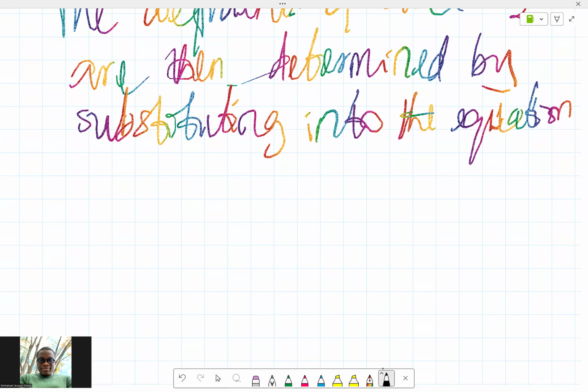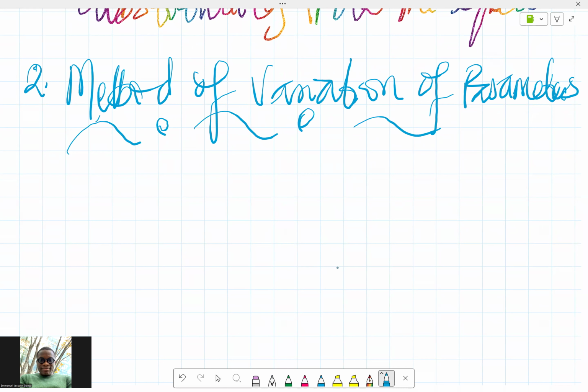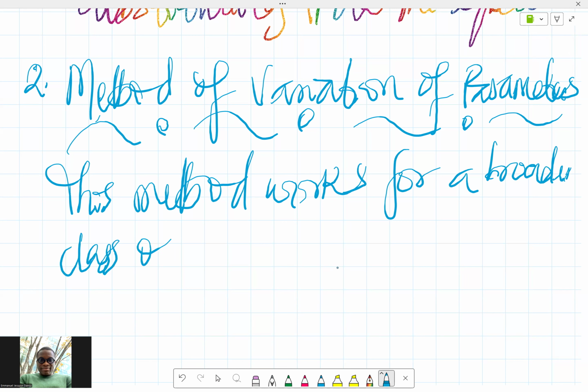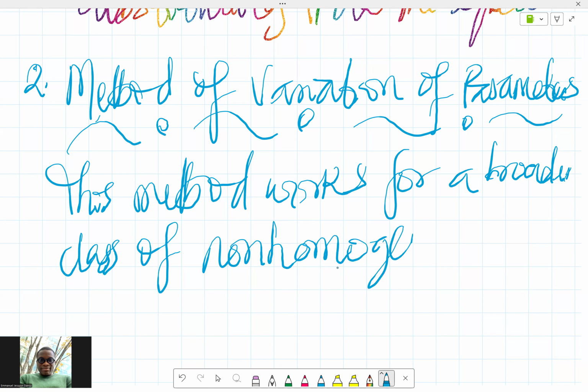This method works for a broader class of non-homogeneous terms